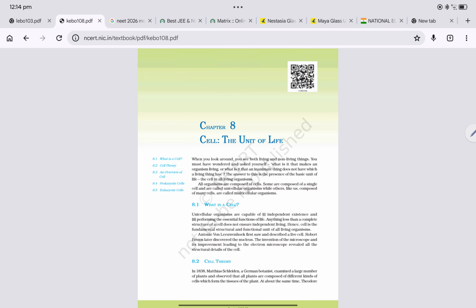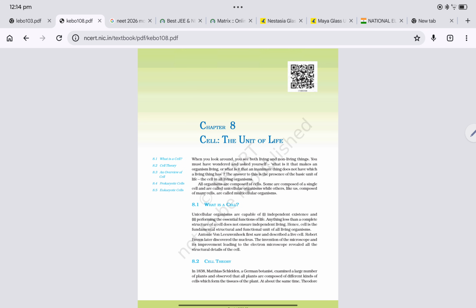Unicellular organisms are capable of independent existence and performing the essential functions of life. Anything less than a complete structure of a cell does not ensure independent living. A cell is the fundamental structural and functional unit of all living organisms. Anton von Leeuwenhoek first saw and described a live cell. Robert Brown later discovered the nucleus. The invention of the microscope and its improvement, leading to the electron microscope, revealed all the structural details of the